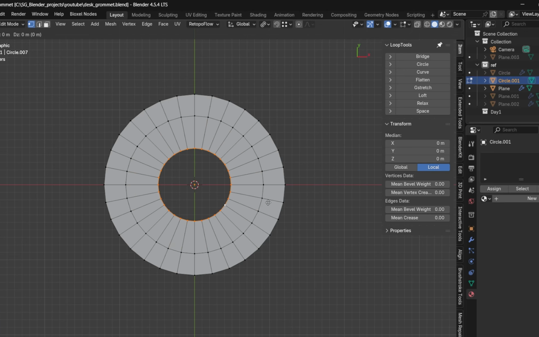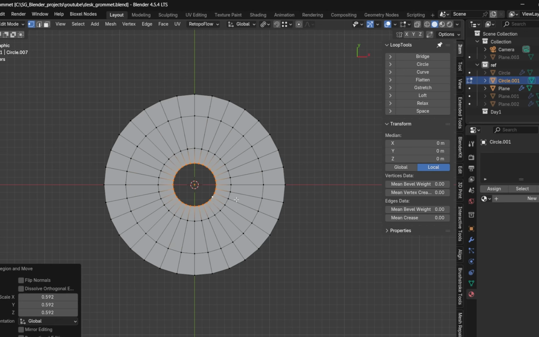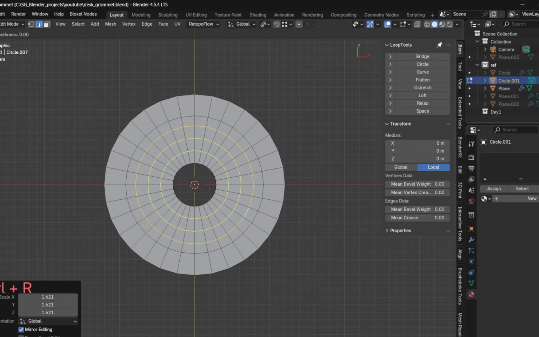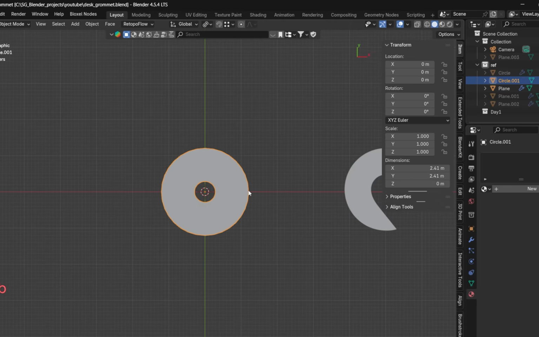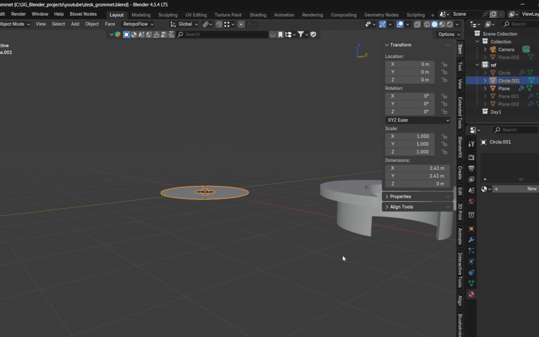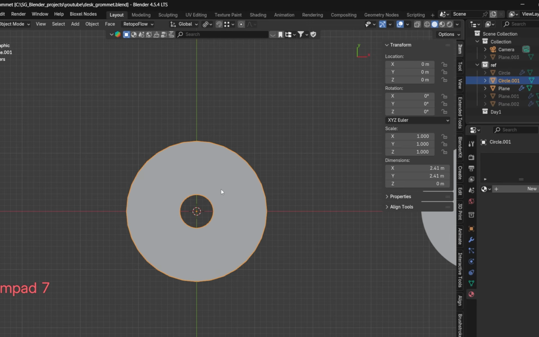Now, let me scale it a bit again. What I am trying to do is create some topology. So what kind of topology am I looking for here? As you can guess, this model has this kind of shape, right? So I need to have this kind of circular cut, also the lower cut. So I thought, okay,